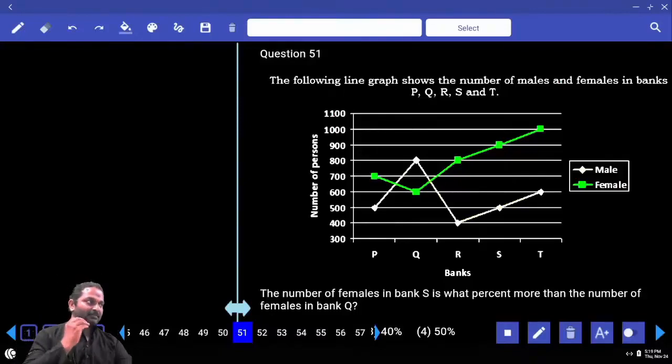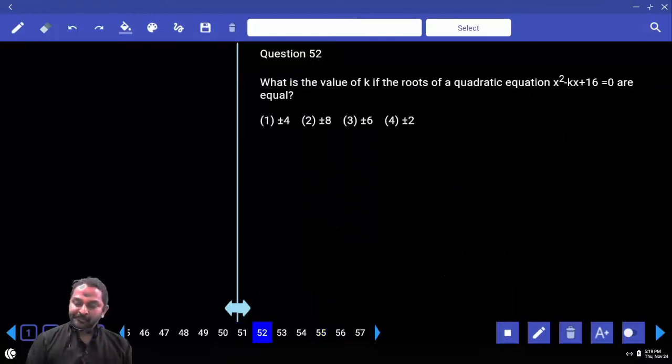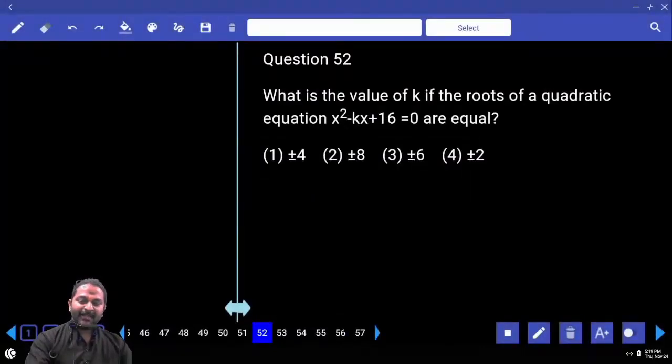51? You want or you don't want? 52? Not required, right? When it is having